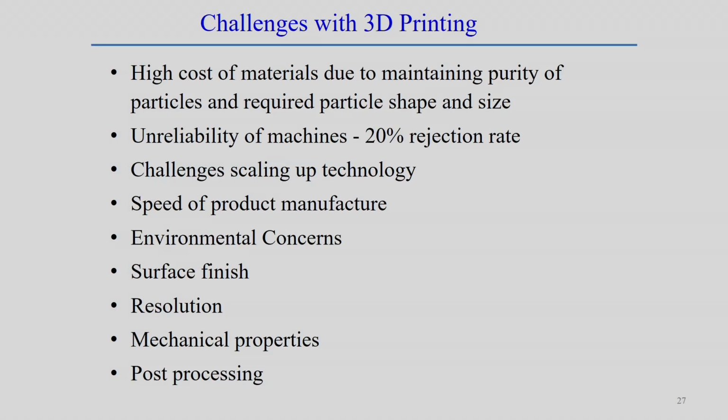Therefore, to achieve very high resolution, the build up size can be reduced, and in the other way, powder particles can also be reduced. Next, mechanical properties, with layer by layer deposition. In that case, homogeneous or isotropic mechanical properties may not be achieved and may not be possible using this additive manufacturing tool. So, that is one concern: achieving isotropic material properties in the case of a layer by layer deposition process.